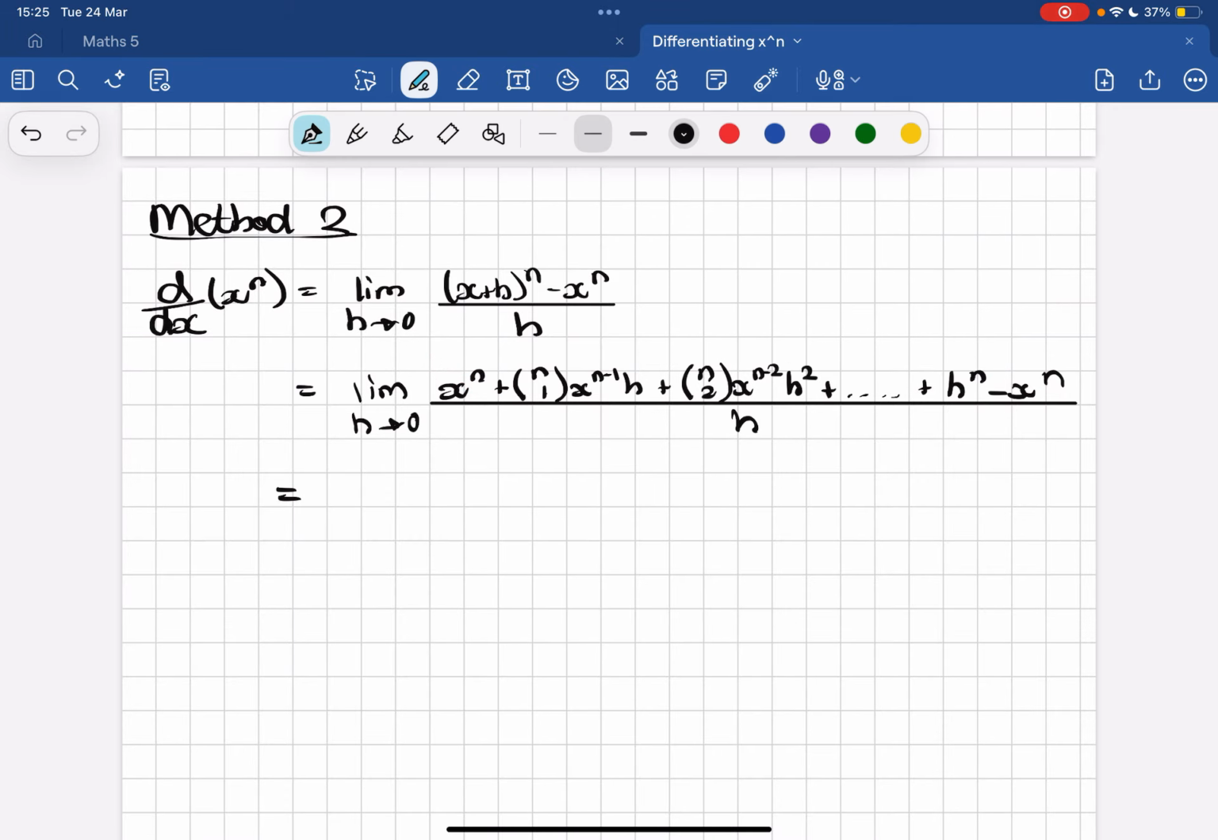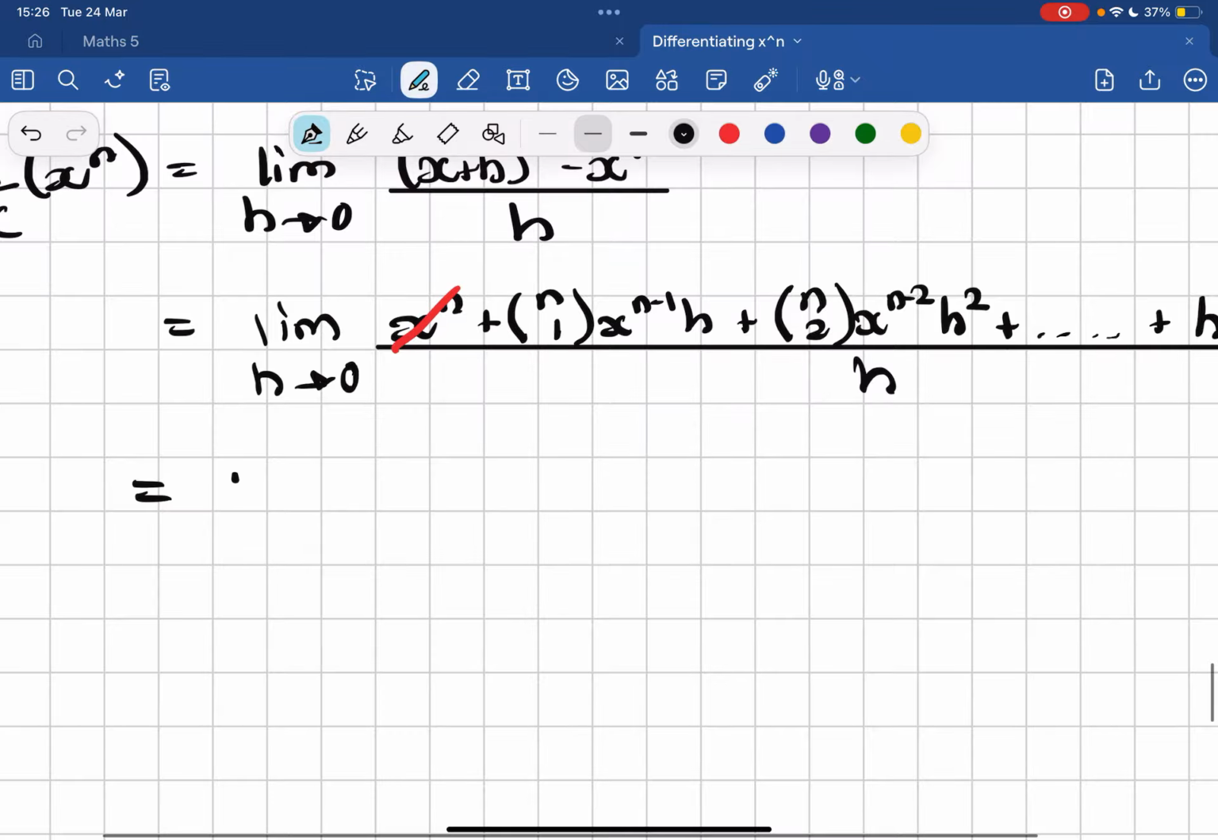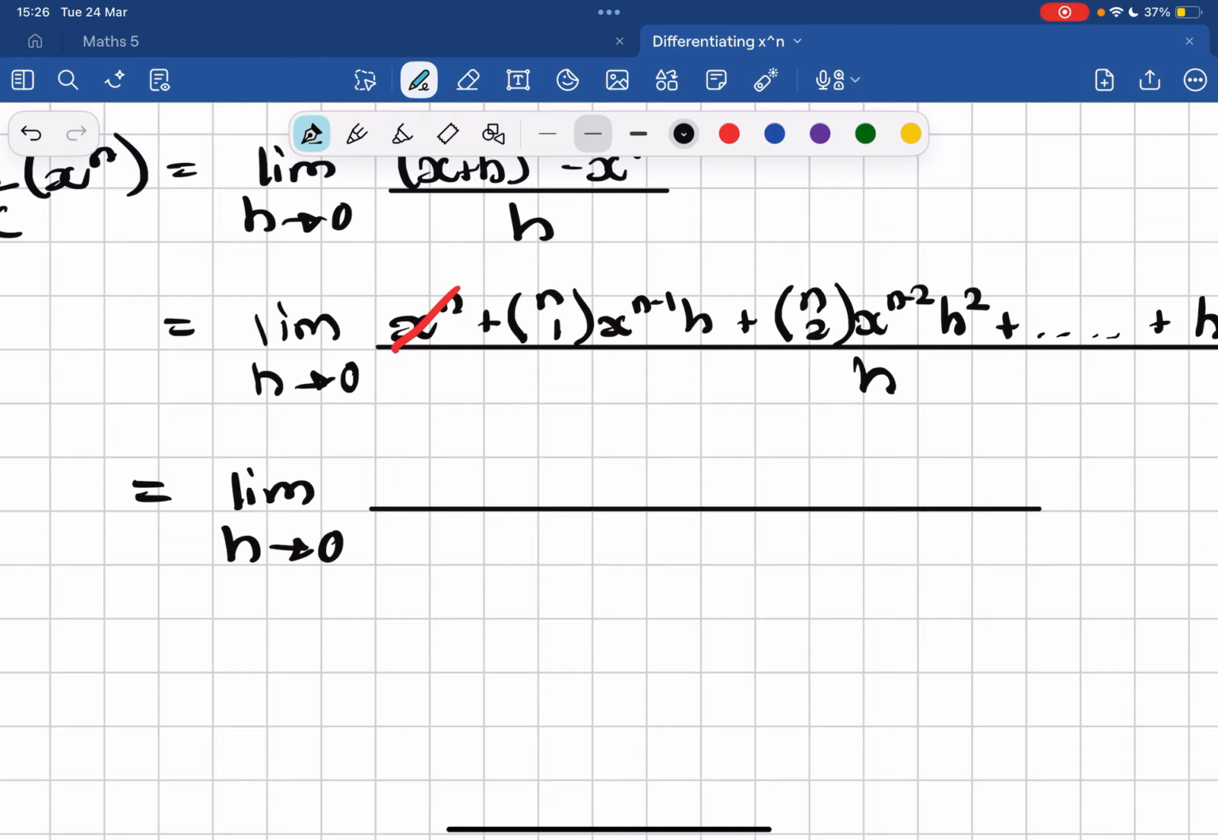So we're left with the limit. Actually, we don't even need to write it out again. Let's just draw a red line through them, x^n. How can we evaluate this further? Well, we can just cancel all the h's at the top with our denominator h. So we have n choose 1 x^(n-1)